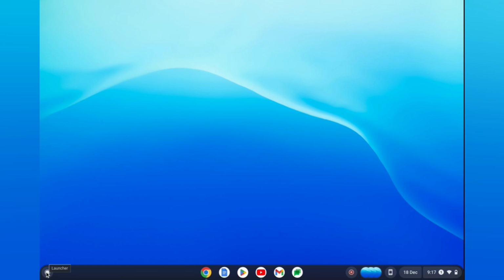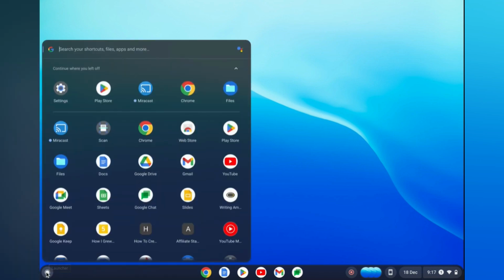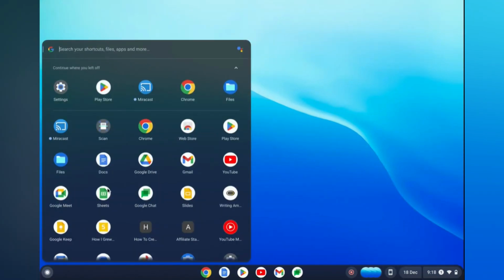corner and you are going to tap on Launcher. Once you have done that, you will see a list of the apps and also the files that are currently on your Chromebook. And once you have found the app that you would like to pin, for example Google Sheets,